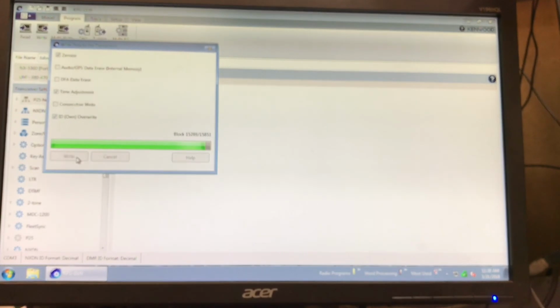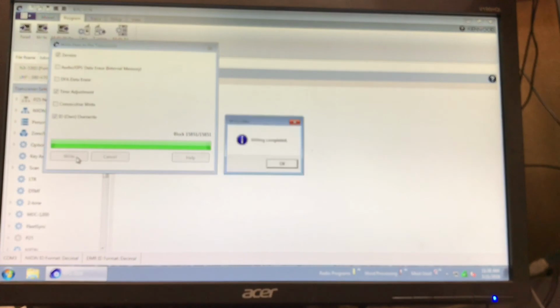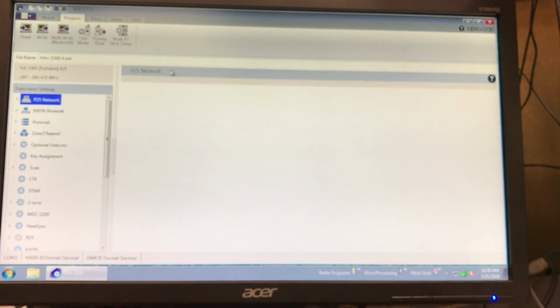Now, if we try to program this with a license that it does not have in the radio, it will give us an error message and tell us that, and we'll have to go back to model